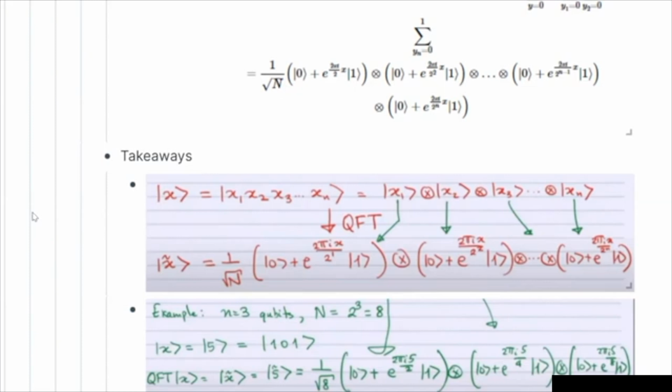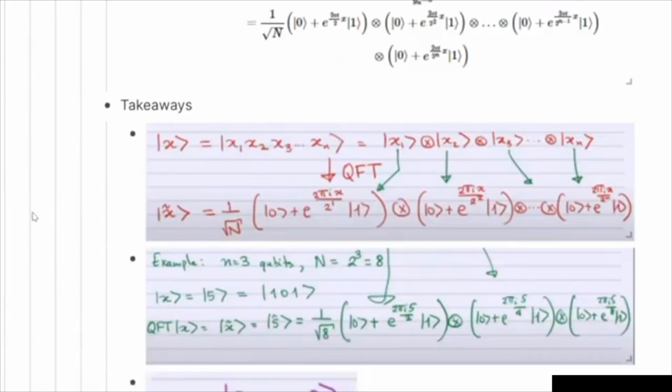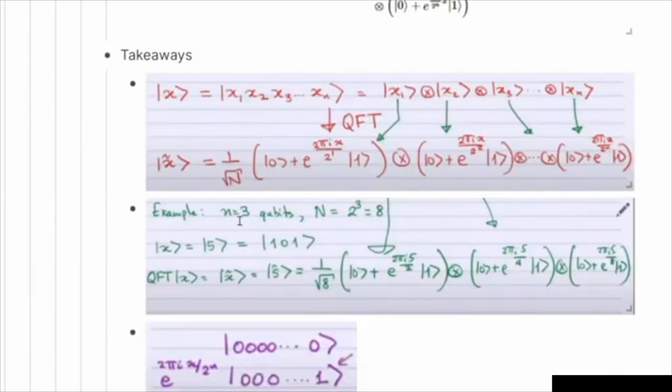We can easily get the gates. So right, we'll just have a small example. Whether you follow this representation of the Fourier transform or the basic definition of the Fourier transform, you would end up with the same thing over here. If we have n equal to 3, that means capital N would be 8, and if we have a random input, say 5, it can be represented as 101, right? So if you expand it in the definition, it could be manipulated and factored in this form, 1 over root N, and here